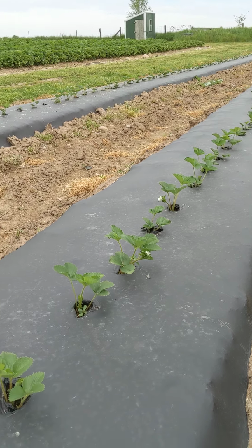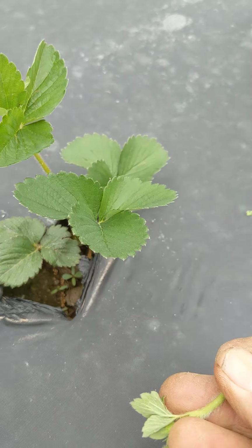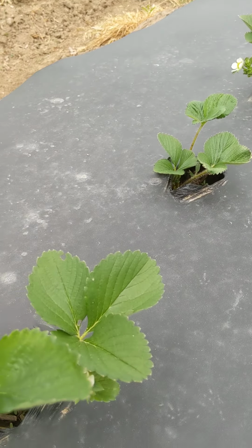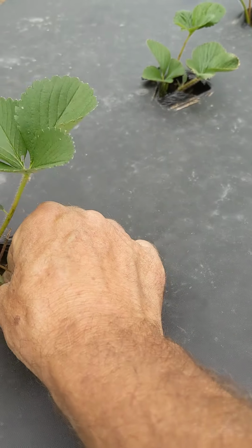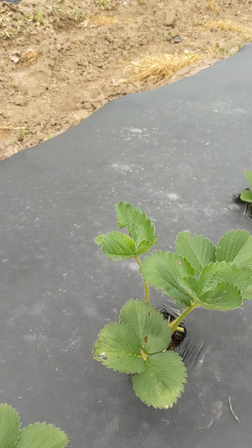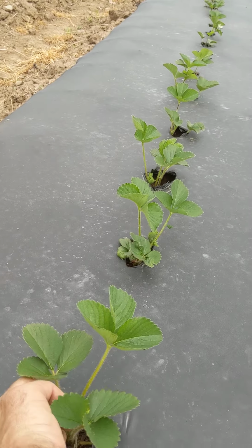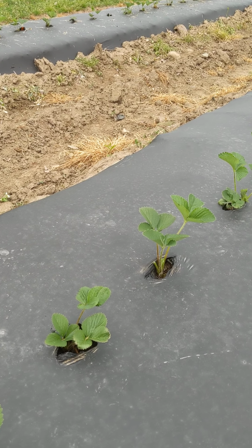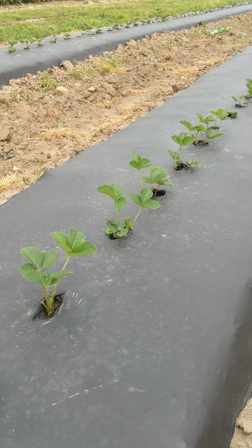So this whole row should be filled by the end of the summer if things go well. Right now, as you can see, sometimes there's a plant with a blossom that hasn't opened yet. I'm just going to remove that. And then sometimes there's a plant that has a strawberry blossom out, and I'm going to remove that. While I'm out here, I'm going to weed around the plants too, because there's mostly purslane growing in there, but I'd like to get that out of there. I'll just continue down the two rows, remove the flowers, and encourage the plant to grow more runners and produce more plants so that we can set those into the dirt